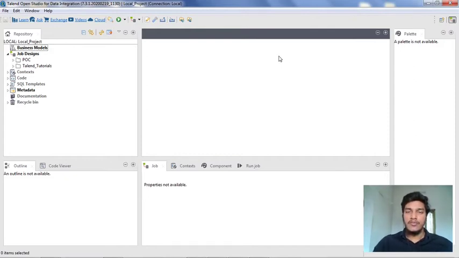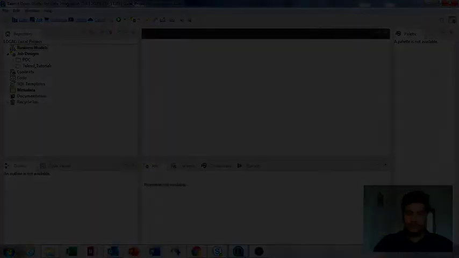We are using some of the components in Talend Studio, namely tFileList, tIterateToFlow as well as tUnite components. All these components belong to the file management and orchestration folders. Now, without wasting any time, let's dive into the topic.